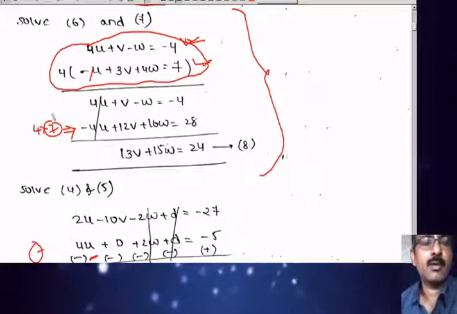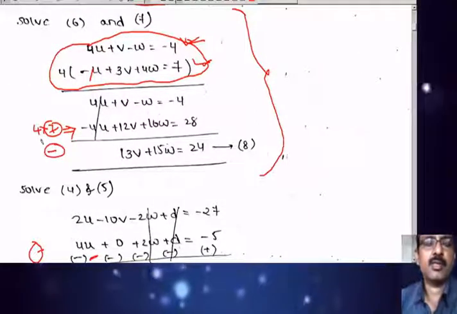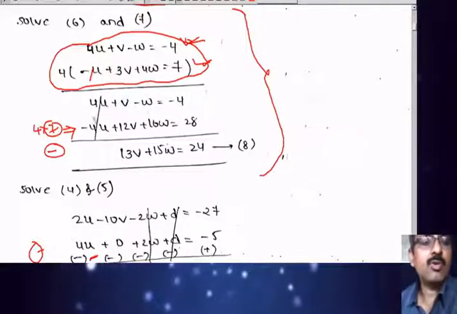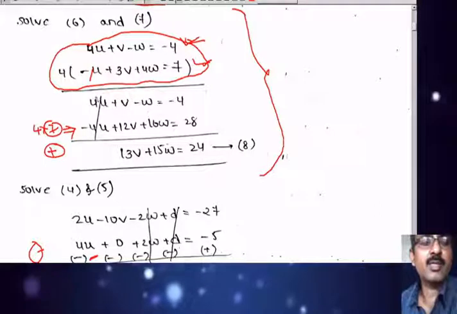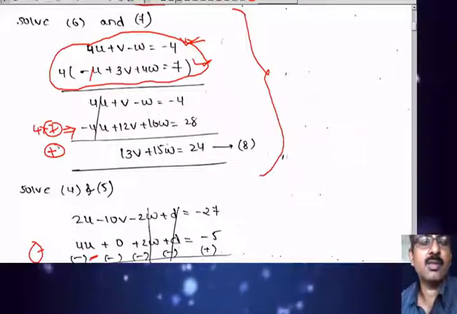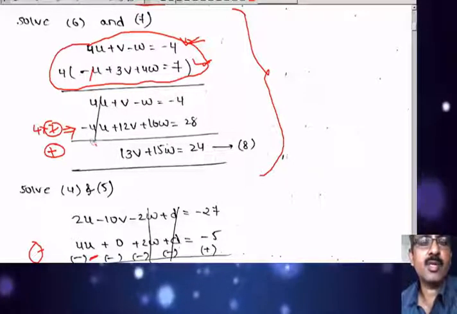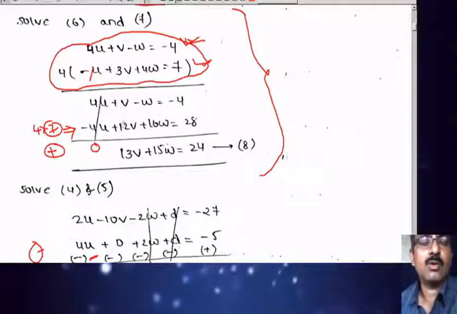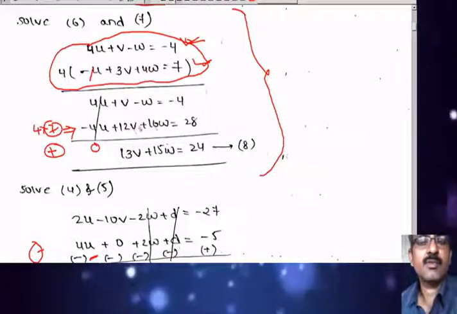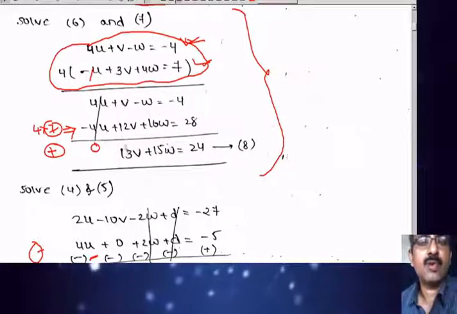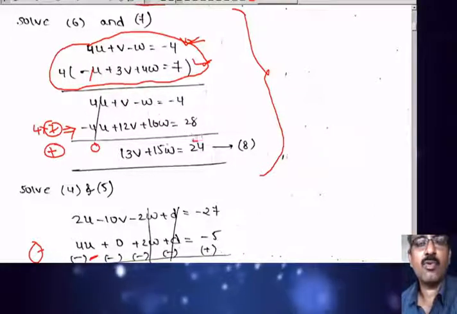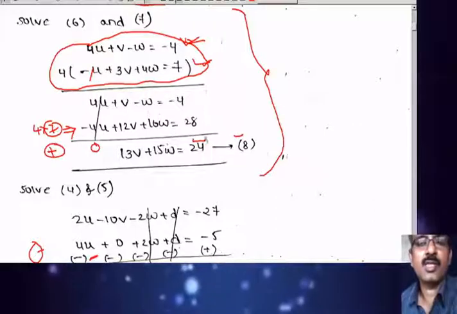And we are combining these equations. We don't subtract here, only we add. Why? Because we are going to eliminate u. Here is minus, here is plus. Here we are adding only, not subtracting. This is 0. While adding, we don't change the symbols of the second equation. 1 plus 12, 13, 16 minus 1, 15, 28 minus 4, 24. This is the next equation, phase 2.